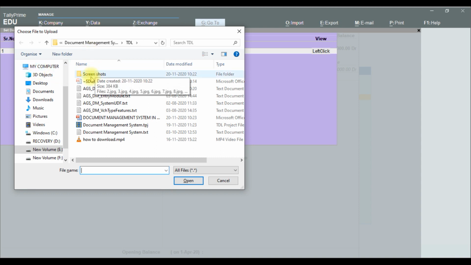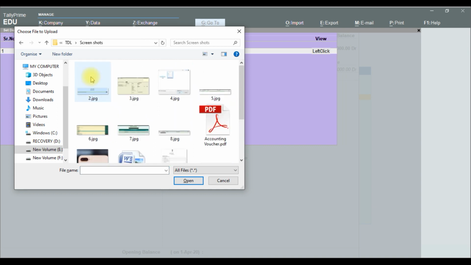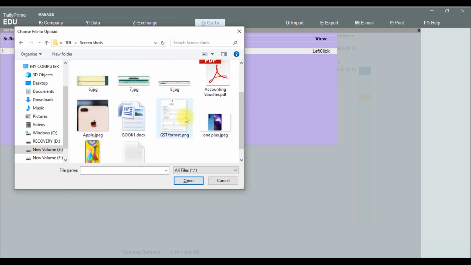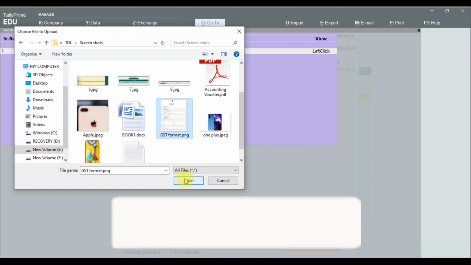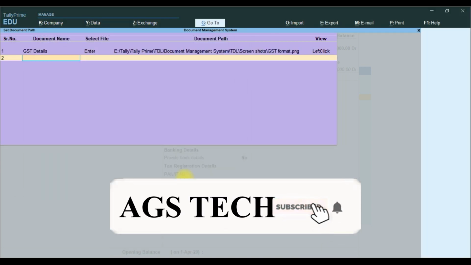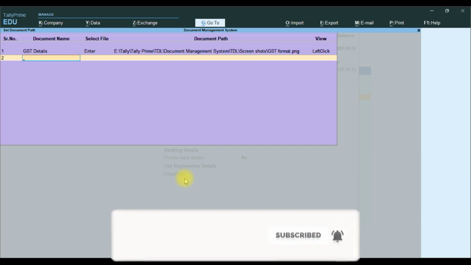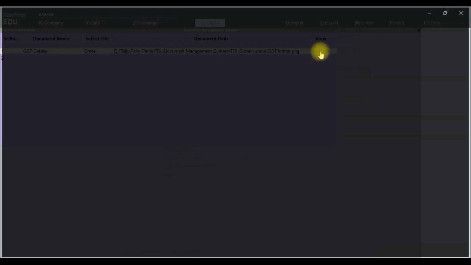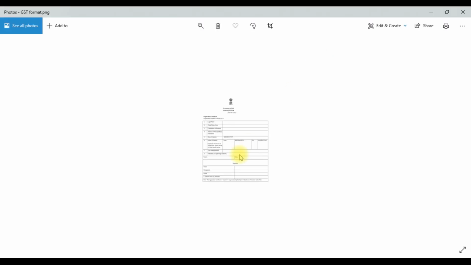We go to the screenshot, we select whichever file we need to attach, and open. Then you press enter, then you come to the next line. If you want to see this file, you click, it will open the document. Close it.